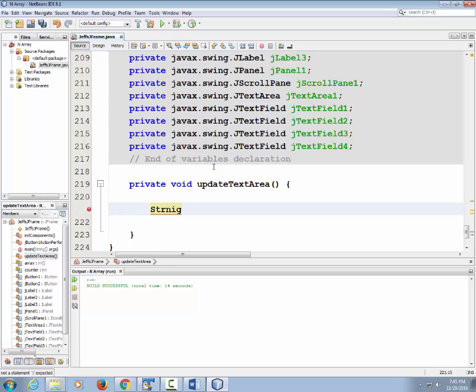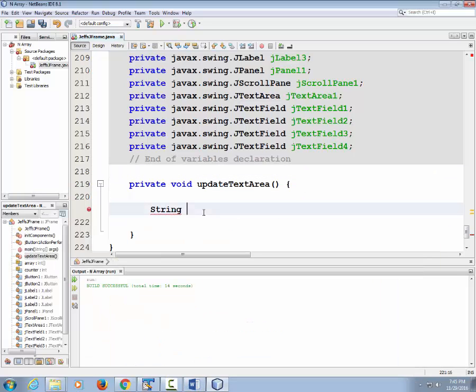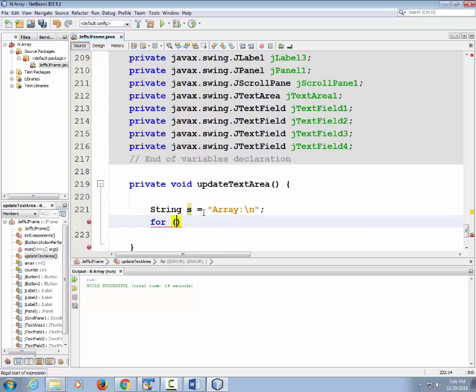So we need to make a string to hold all the text that the text area is going to hold. I'm just going to call it s. I'm going to set it equal to the word Array, followed by a colon, followed by a \n. And now I'm going to write a for loop that will process the array, adding each item in the array to the string. So why not make a for each loop? For every i in the array, for int i colon array,